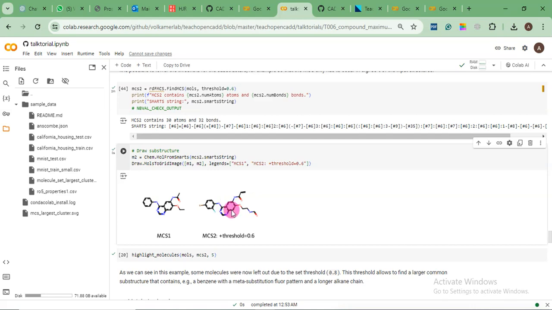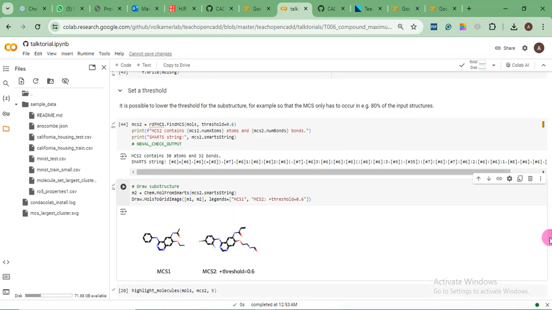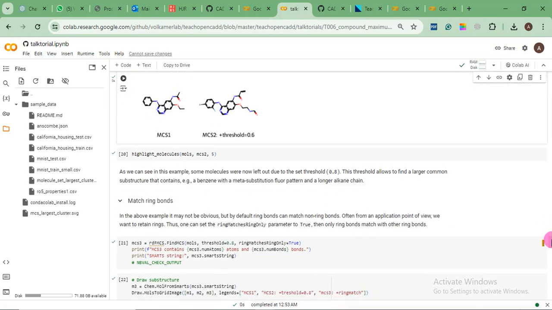They gave us a similar kind of structure, double rings and a single ring like this, because it's the same data. But why did I rerun it? If you carefully look at this code, here we have introduced a new parameter of threshold. In the beginning, we did not ask for such a threshold. Now